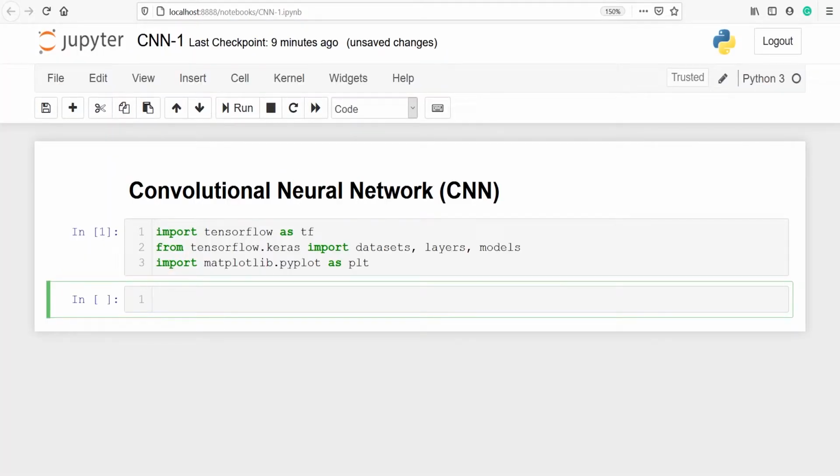Let's make tuples of train images and train labels. We will have train images, train labels. We will make one more tuple of test images and test labels.